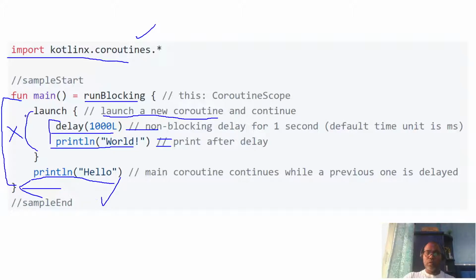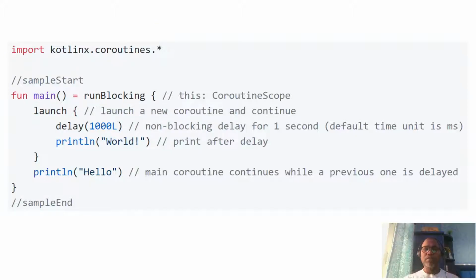No, our program just launches in asynchronous fashion, jumps here and prints hello and waits. Due to runBlocking, our code waits, and whenever this coroutine gets a chance, it completes. So this is the very simple syntax of a coroutine.